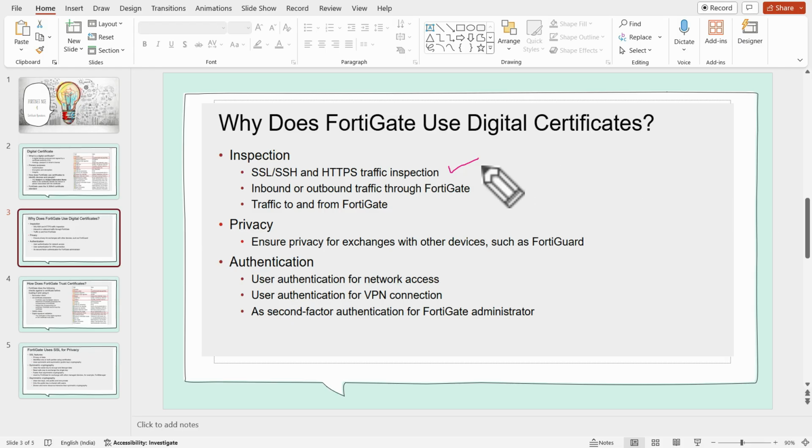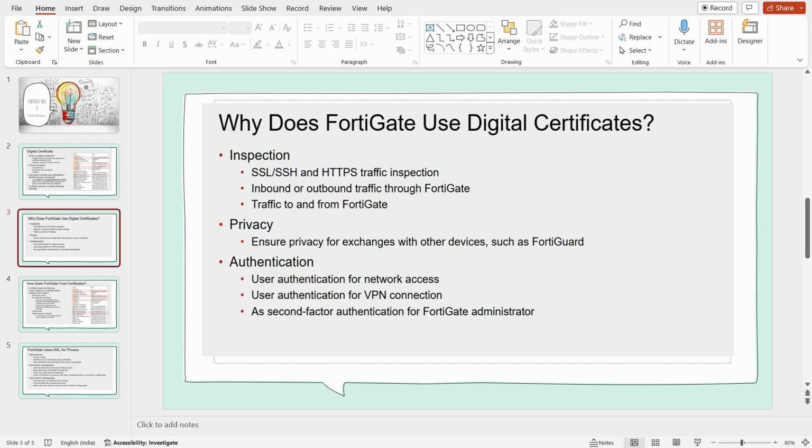And FortiGate also ensures that devices on the network or on the internet have their connections fully protected using the certificates, combined with the other features which we already learned, like web filter, application control, and IPS. They all use full inspection. So using full inspection, the users are protected using digital certificates combined with other services, obviously.